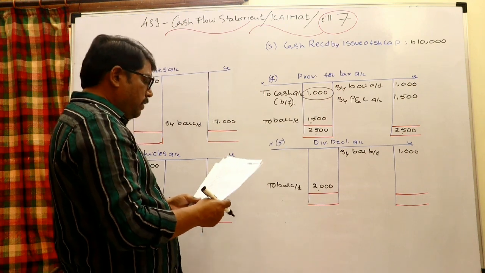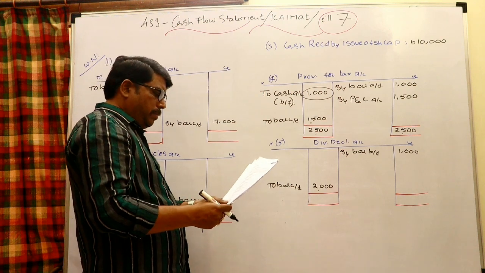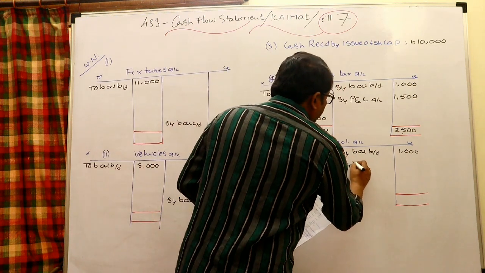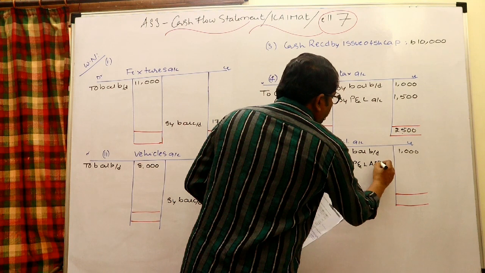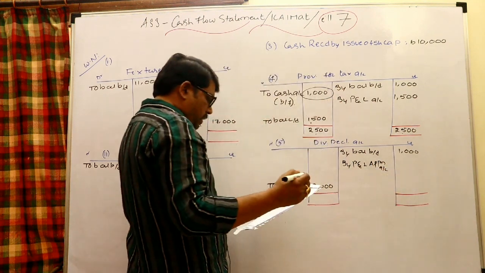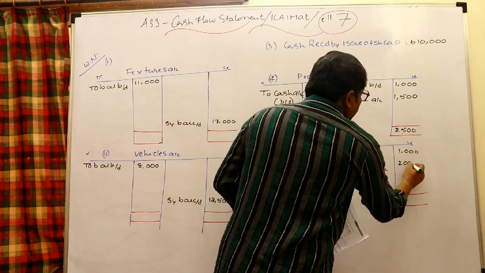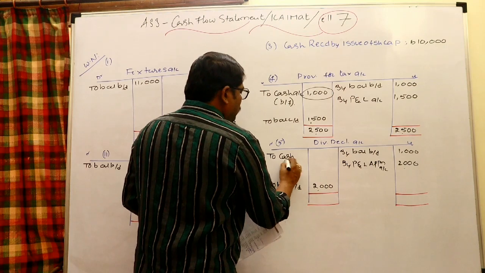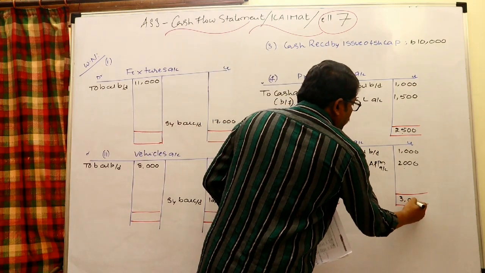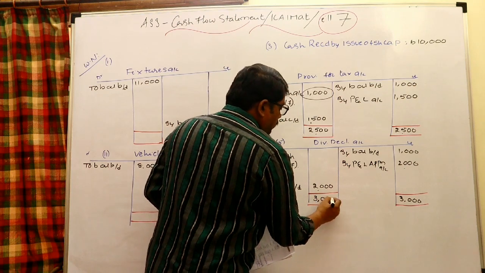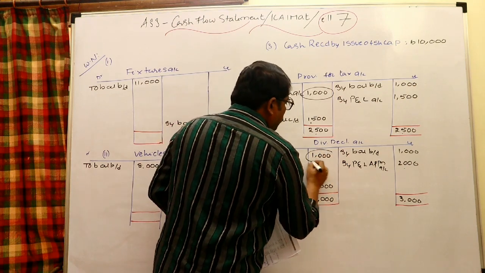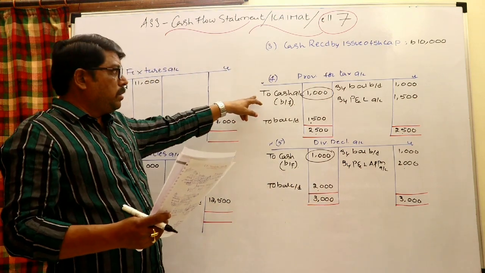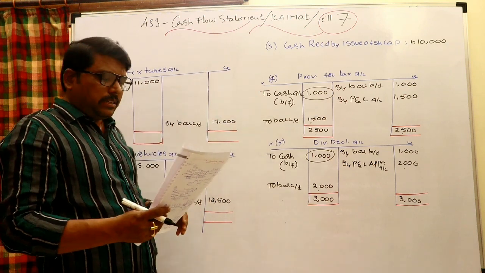Similarly, we are able to find out the dividend also: how much dividend was declared through P&L appropriation, 2,000. P&L appropriation to declare dividend, and the declared dividend by P&L appropriation is 2,000. Obviously the balancing figure is paid off to cash, 3,000, 3,000, and 1,000 is the dividend paid during this year. It is a financing activity, and tax paid should be deducted as an operating activity.